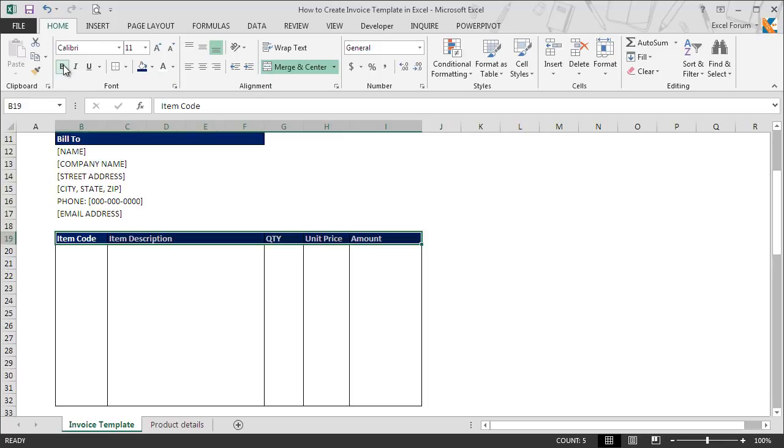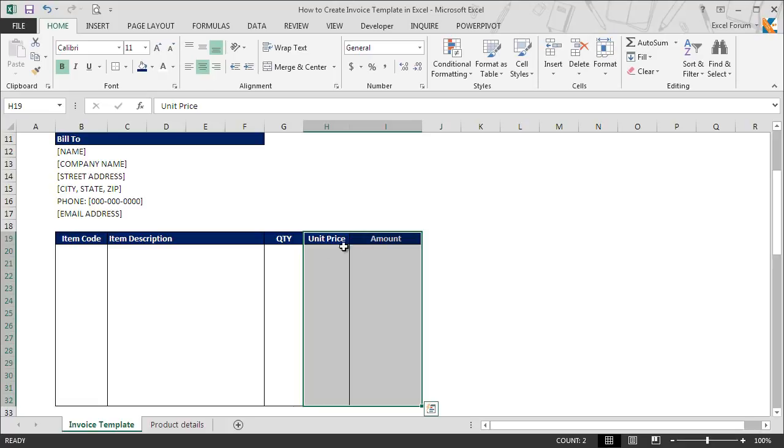After that, we'll make the changes in the alignment as per the input type. For text, we'll keep it unchanged as left, and for numbers entry, we change it to the center alignment. Since the item code and quantity will be supplied as number, so we select item code, range and quantity, and then we change it to the center alignment to center the content. The item descriptions will be in text format, so we'll leave it as it is. Then in last, unit price and amount, we'll change it to the center alignment,